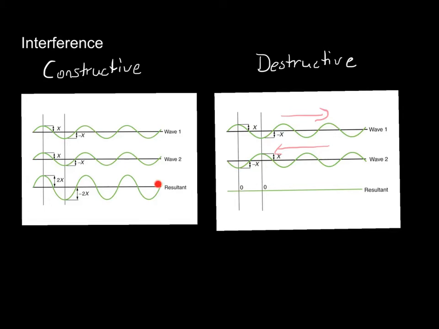And same thing over here for constructive. It's only this region in space where they're adding together. If they were to continue on their way, maybe in opposite directions, they'd just be the same wave going past, going sort of their own way in their own direction. So with this process of constructive and destructive interference, what we can get is a phenomenon known as a standing wave. So a standing wave looks something like this,